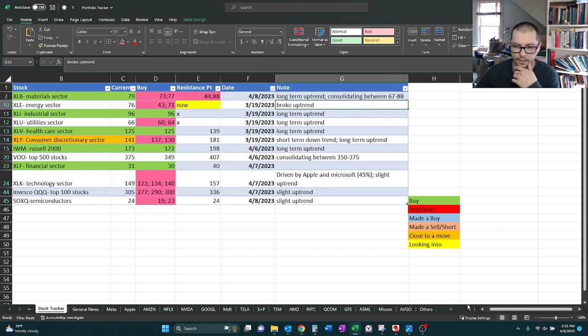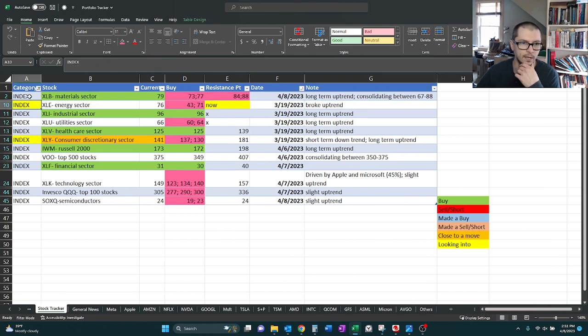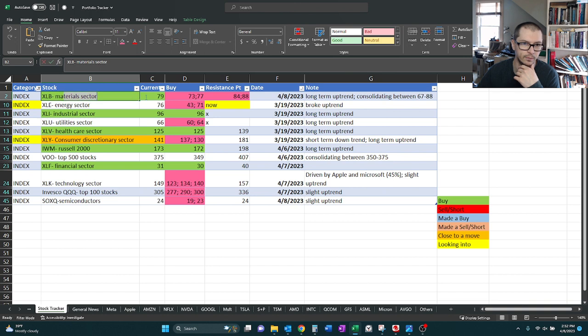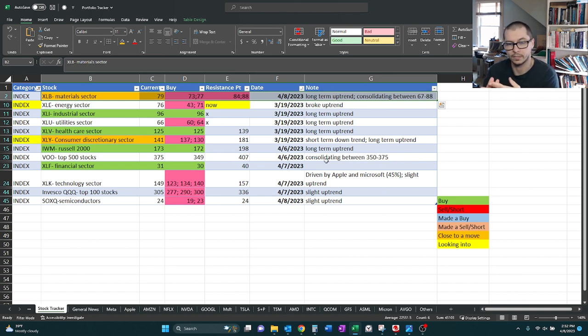So right here again, we have just a quick recap of what we covered. XLB's at the top. Marking it green because we can maybe actually make that one orange because it's not there yet, but it's very close, and I am willing to wait on it. So we'll mark that orange, and you can see what the colors mean down here in the bottom right. But overall, it's currently at 79. I have buy points marked out at about 73 and 77, and I think we'll run into some resistance at around 84, 88 has stronger resistance. And then just the note, we have long-term uptrend is intact, but it does seem to be consolidating between that range of 67 and 88, so we will be mindful of